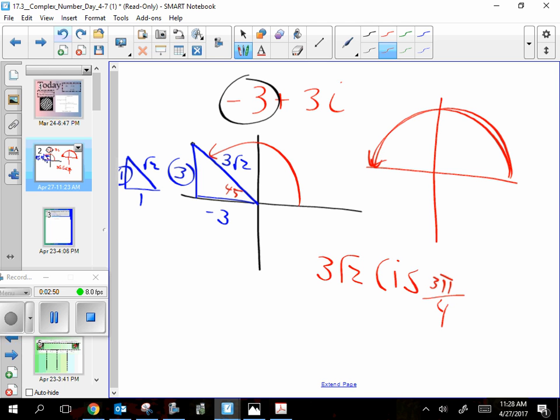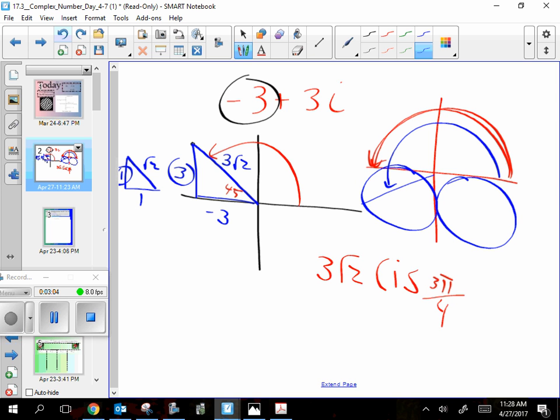But I did actually mess one up yesterday when I went over here and I said it was 7 pi over 6. I should not have said that. Because with complex, not only this area is negative, this area is also negative. So I can't say that spot is 7 pi over 6. I got to go the other way. This whole area has to be done in negatives. So the angle would be negative, well, if that's a pi over 6, a bunch of pi over 6s, negative what? Negative 5 pi over 6. I shouldn't have said 7 pi over 6. I mean, they're both the same place, but